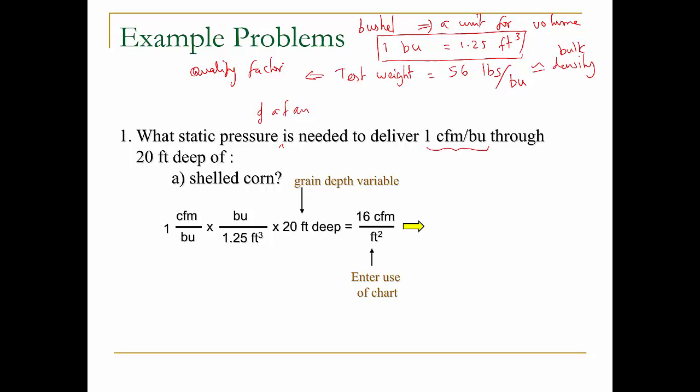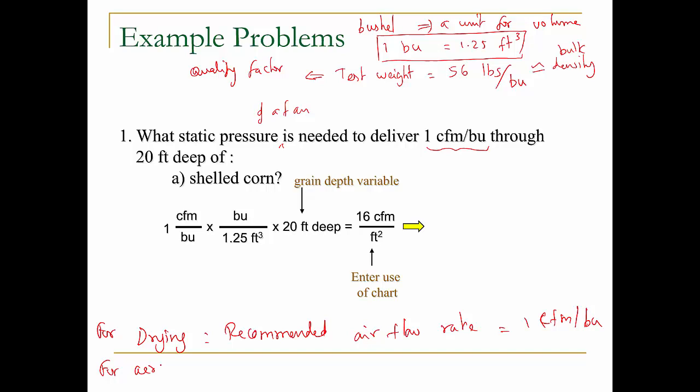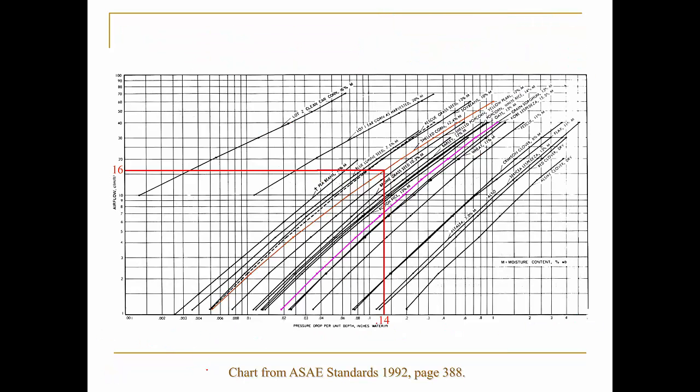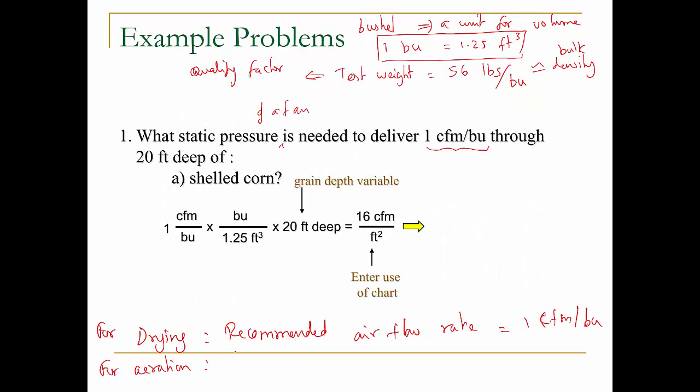So typically, the general requirement for drying, the recommended airflow rate is 1 CFM per bushel. Okay, typically. For aeration, the difference between the drying and the aeration is that the aeration is mainly for